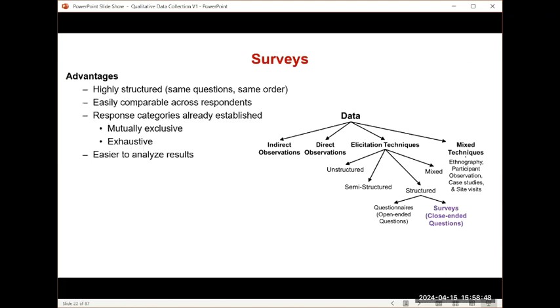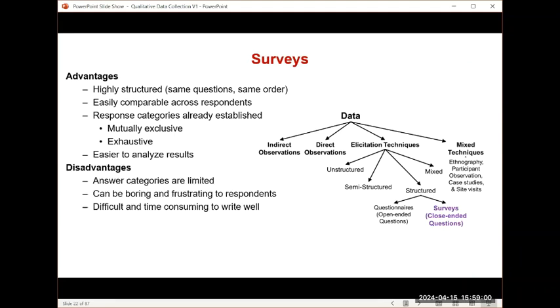Surveys we've already talked about, with closed-ended questions, highly structured, easily comparable. You basically end up with a data set once you enter the data from the survey. Disadvantage, if you screw up, you're only going to learn what you already know, right? You figure out these are the questions you want to ask. Nothing new is going to come up other than those questions, right? And especially in the answer categories. If you've forgotten an answer category, it's going to appear in the other, and you're not going to be able to disentangle it very well.